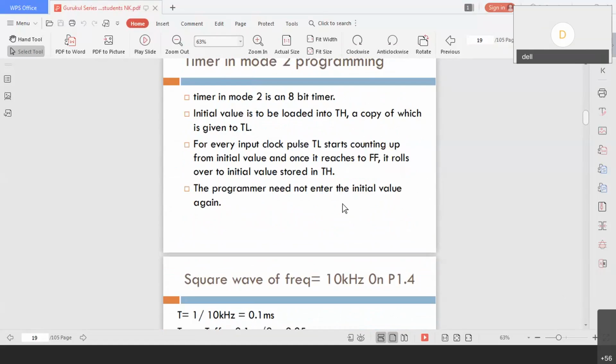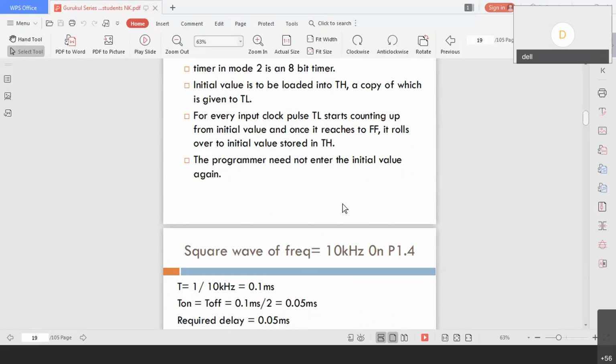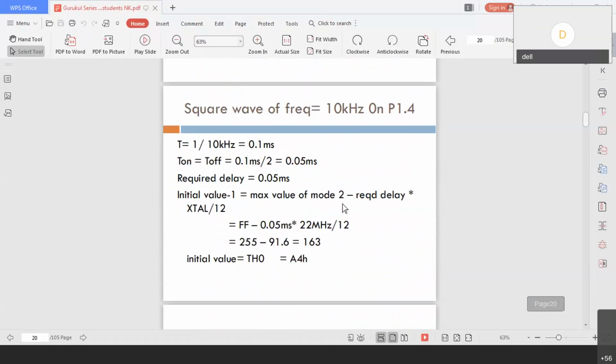Every time it overflows, overflow means FF. When it goes from 00 to FF, it overflows. Once overflow takes place, we monitor in a similar way. The calculations are also similar; already we have discussed this calculation. You can do it in this way also, but the way I showed is very simple. Later the slides are shared with you. Use that method. You always get the accurate value.